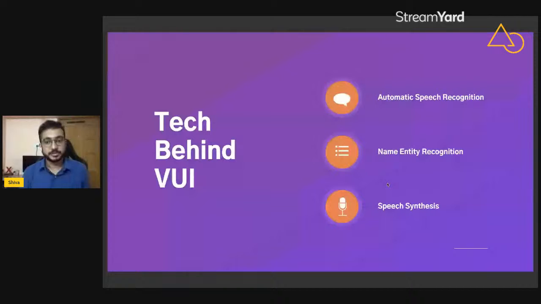It will analyze the command around it, and then it will navigate. And if you say, I want to text this to Mr. X, Mr. X here is the entity, and it will recognize that from your command and then send a message to Mr. X. That's the job of named entity recognition. Once the job is done,